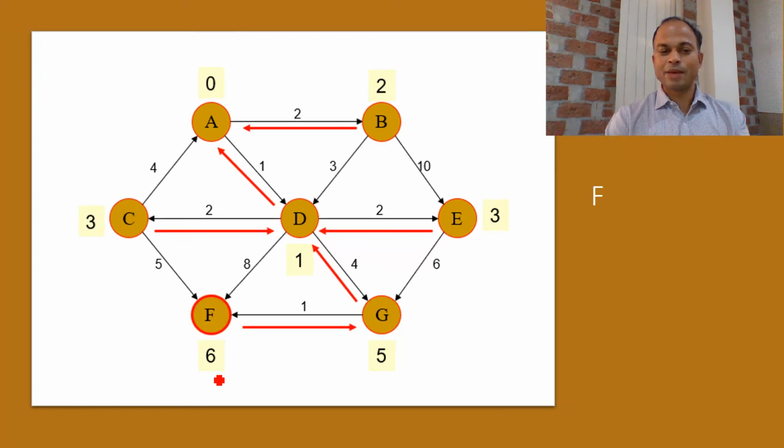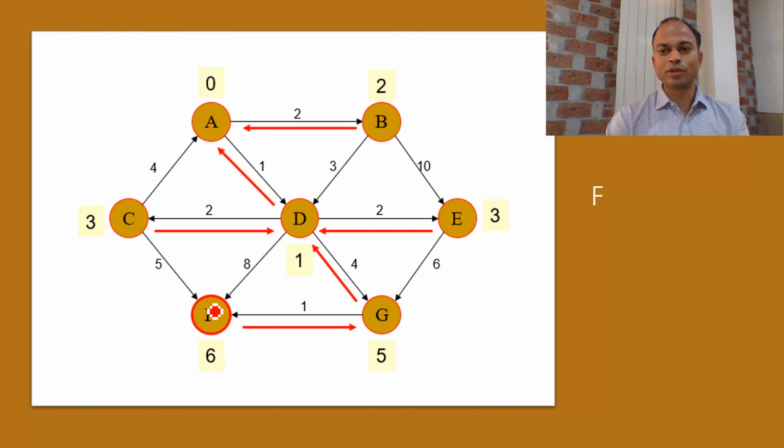Now we have only one choice. We have taken vertex F. And now, if we have taken F, all the vertices we have taken. Further, F cannot be explored because all the vertices have been visited. In fact, no adjacent of F is available. We cannot compute for F further.